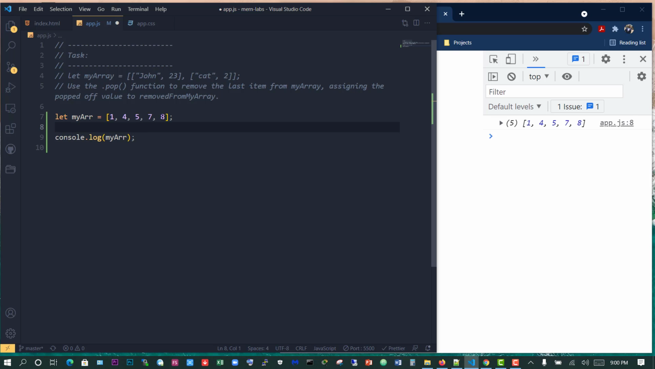But first of all, let's just pop that off. So we're going to use myArr dot pop, just that way. And now we can see that we are left with 1, 4, 5, 7, and our 8 has been popped off. So if we assign this to a variable, I'll just say myRemoved, for example,